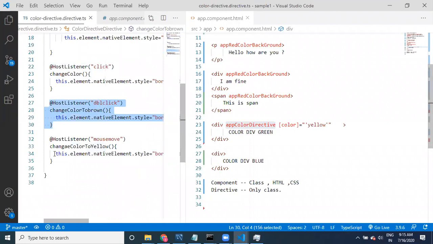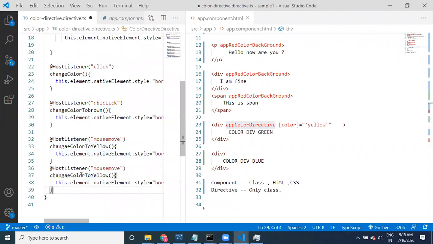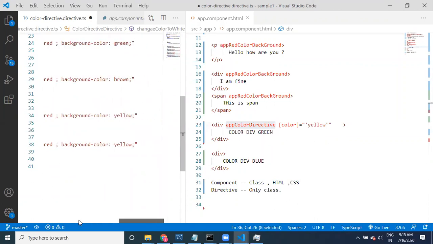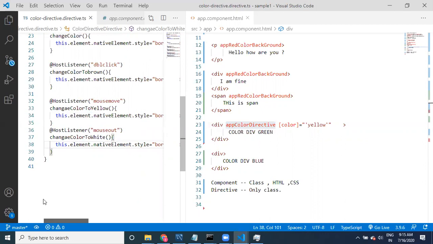And on mouse out, it has to become white color. Mouse out, it has to become white color. See here, I just want the background color to be white when mouse out.